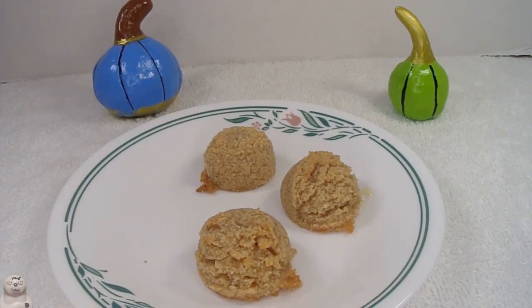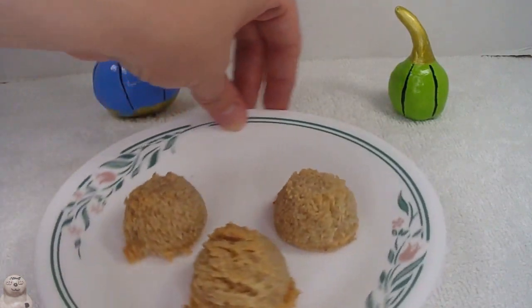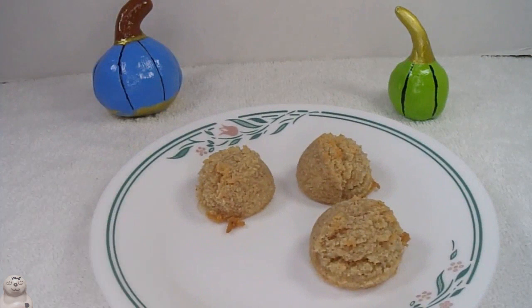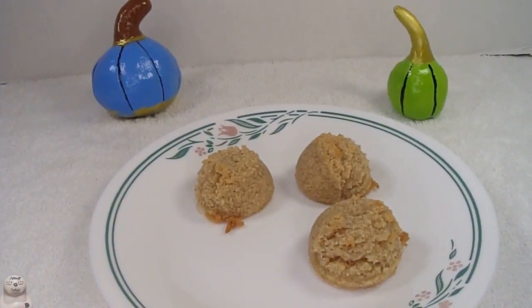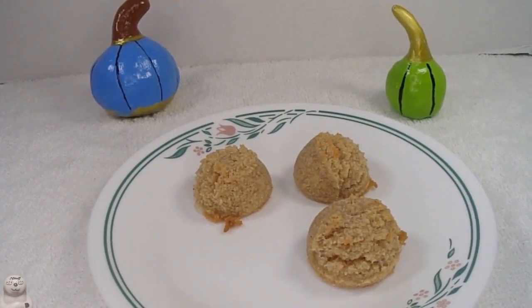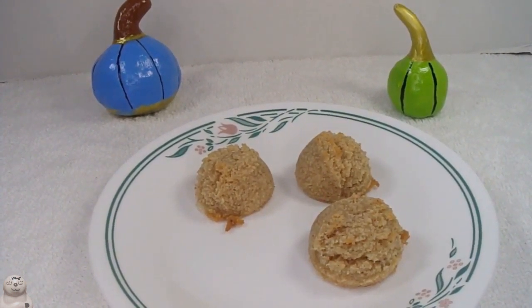Yep, I did. And I'm just chewing. Now I spin the plate around to make the video a little longer. There they are. This looks like a moving